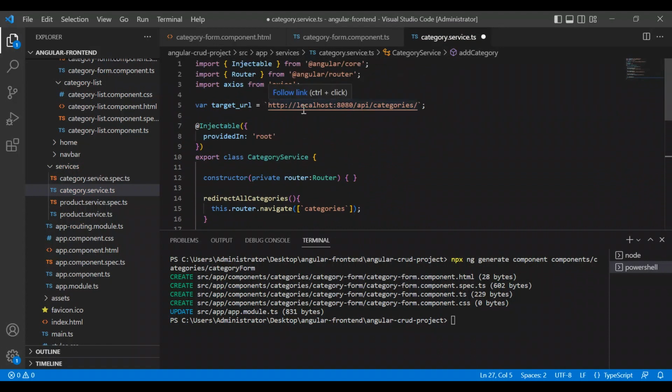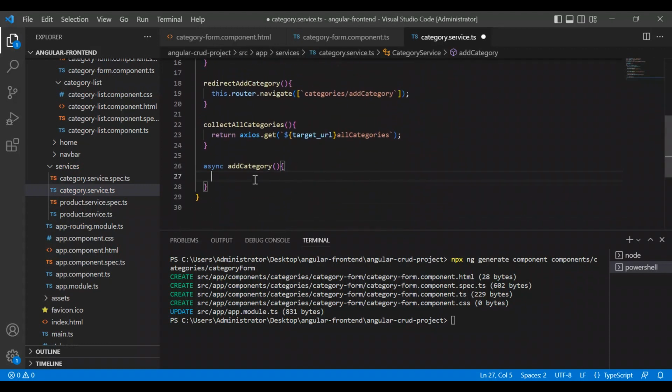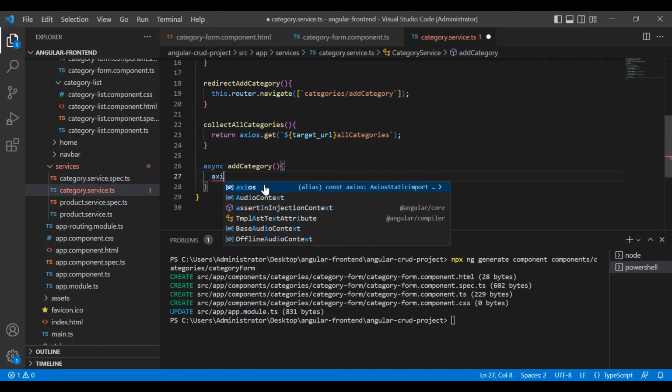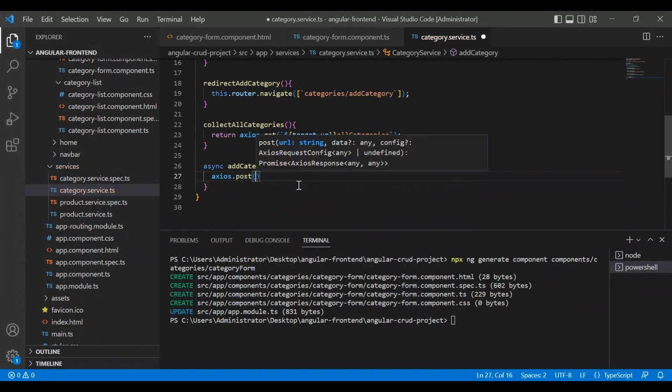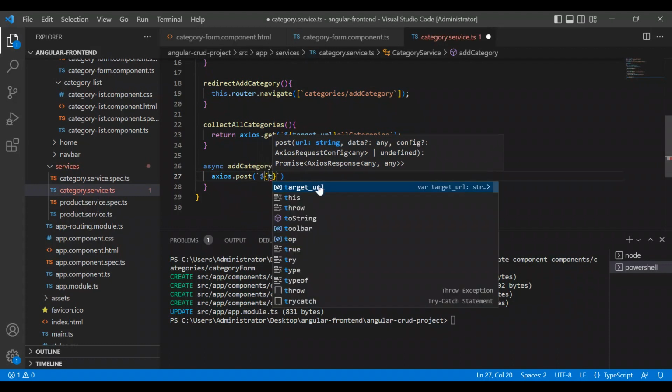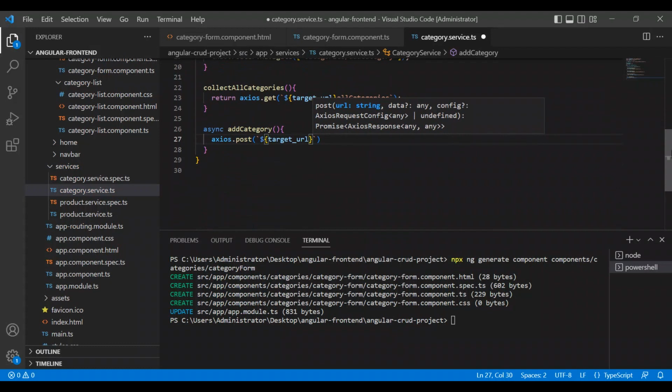Okay, we have target URL. And now let's call Axios again. Axios. Now the method will be post. And we will use this target URL. API categories, and the method is store category. Yes, that will be store category,